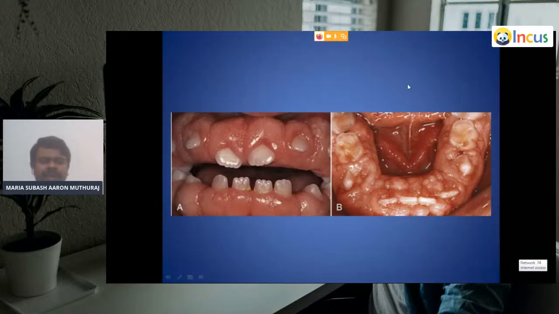Commonly, it is associated with bacterial plaque. Plaque formation is also one of the important initiating factors of idiopathic gingival enlargement. This can be proved because after extraction of the tooth, the idiopathic gingival enlargement will subside. There will be a decrease in the size of the enlargement once the tooth has been extracted. Due to this fact, plaque is mentioned as one of the important initiating factors in idiopathic